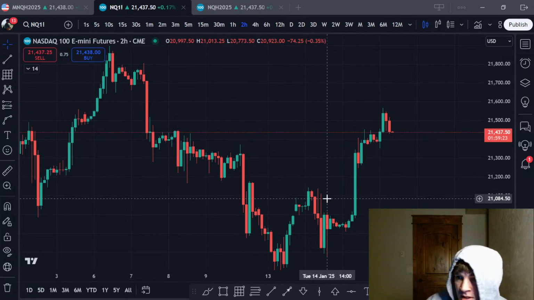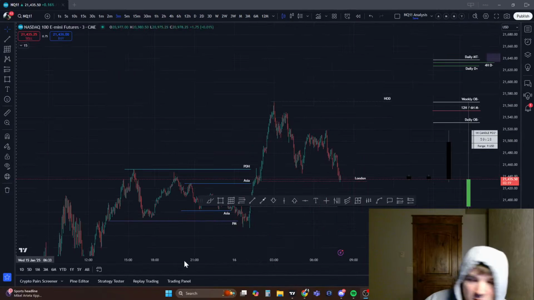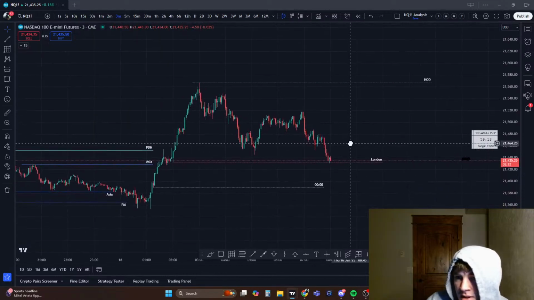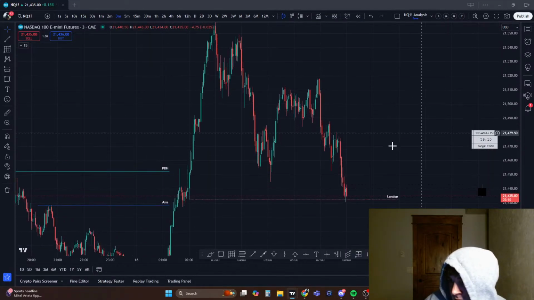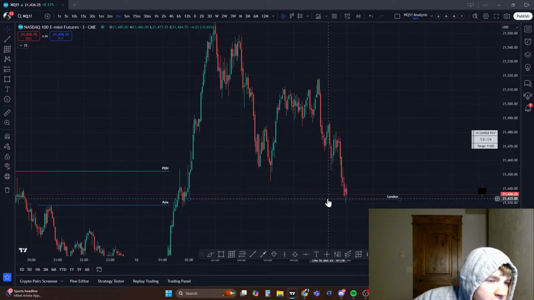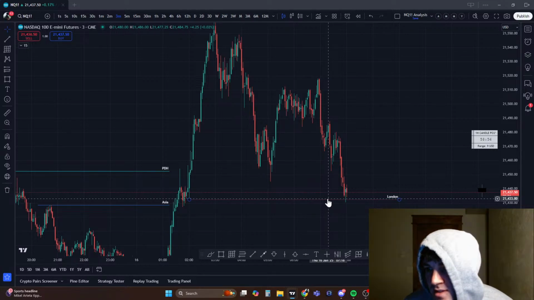But on this other screen, I like to just have stuff that I can look at, because not only am I setting up my chart, but I'm also doing some analysis. So that's why there's so many things on here. But it's just my own personal preference. I like to have this to look at while I'm trading, just to know, okay, we have London's lows here, we have Asia's lows here, or something like that. Just kind of helpful to have as reference.